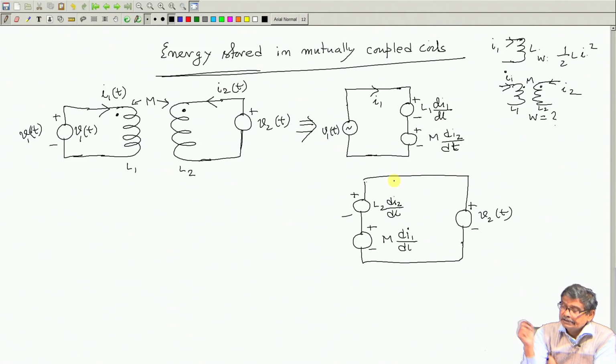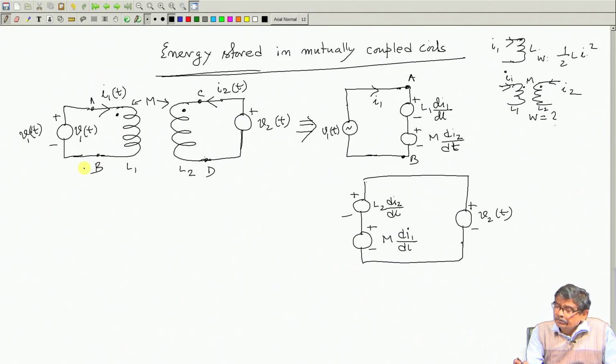At any time t, these are the two terminals of the coil, A, B, and this is, suppose, C, D. Now, supply voltage has a polarity like this, and V_AB across which this mutual coil comes in. Therefore, this block is absorbing power,